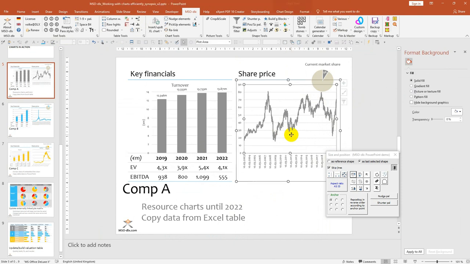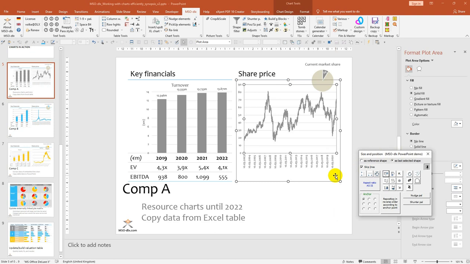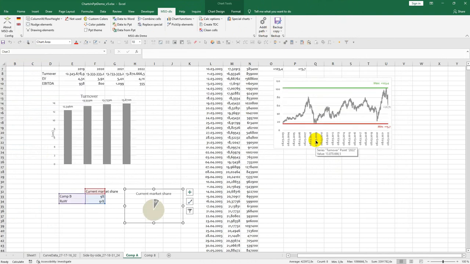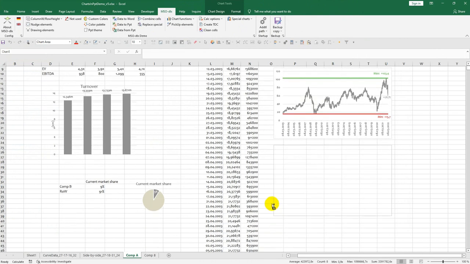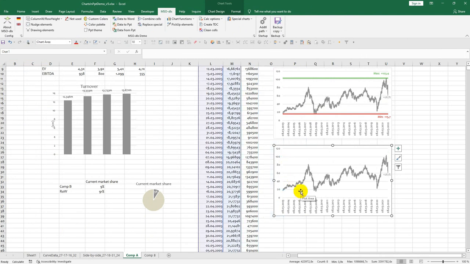How about the share price chart? What's the situation in Excel? Okay, my colleague made a few more analyses. Let's make a copy of this chart. We don't need the series for now, I think. And this chart has already been updated for